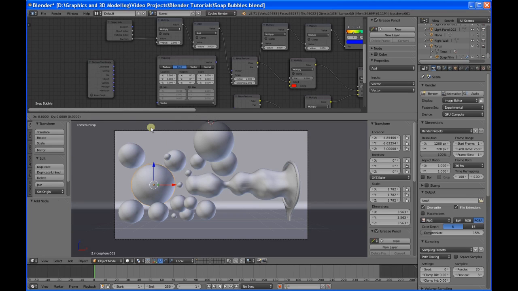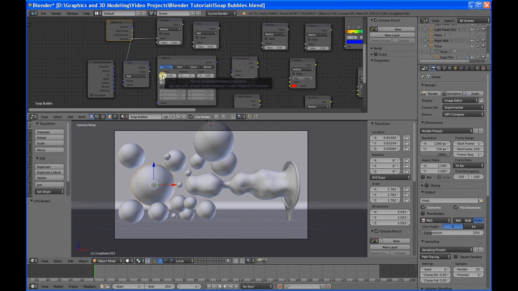I'm going to take a vector math node, and what you want to do is add the generated output of the texture coordinate, let's put that down here, to the location output of the object info node, feed that into the mapping node, feed the output of the mapping node into the noise texture, set the mapping node to texture,